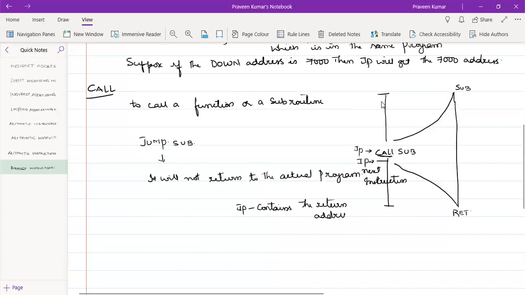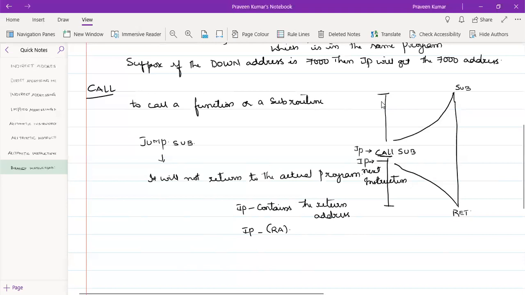So for our further reference, we'll say the return address as RA. So here, the IP contains the return address. If it is an ordinary instruction, what happens? The IP will be getting incremented.